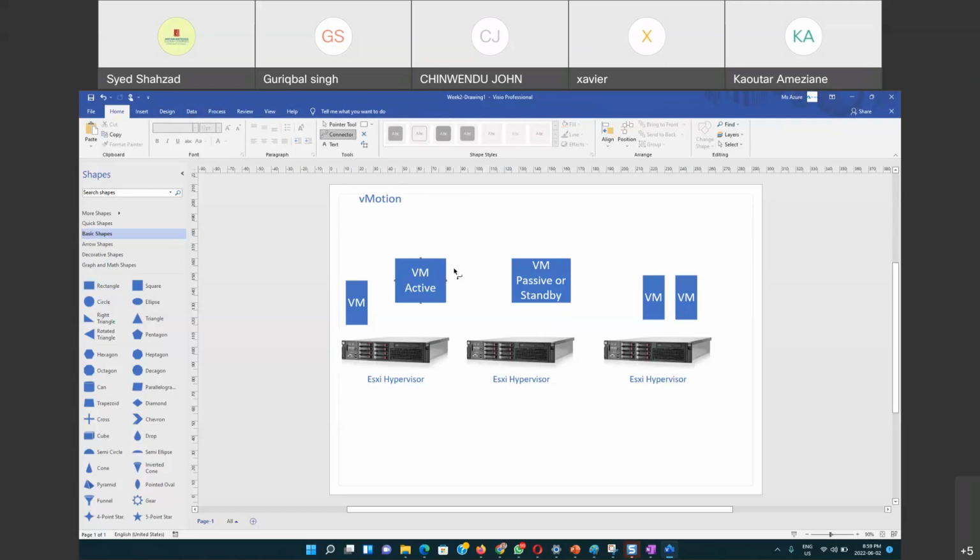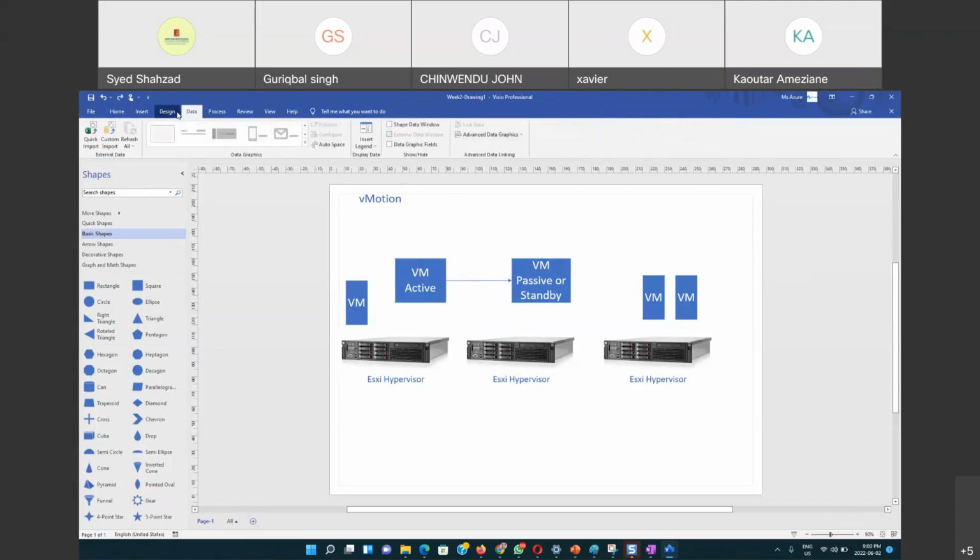And that is then active and passive virtual machines. Because whatever is happening in active gets copied in passive at the same time. So if the active goes down for some reason,